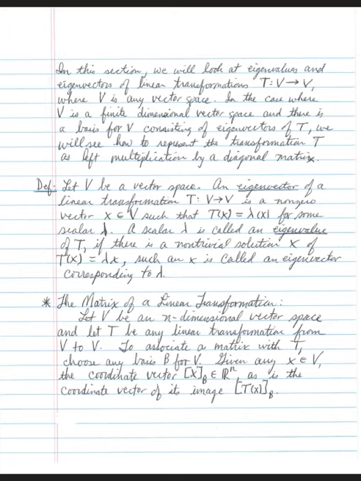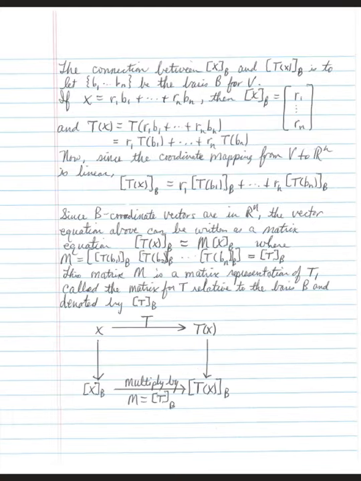Given any vector x in the vector space, the coordinate vector x sub B will be in Rn. Those will match as the coordinate vector of its image. The image is what you get when you put it through the transformation, and it'll be representing that basis. The connection between x sub B and T of x sub B is to let B be the basis for